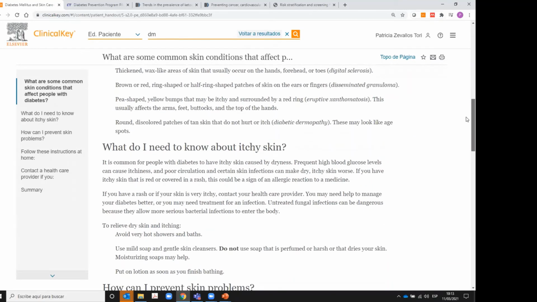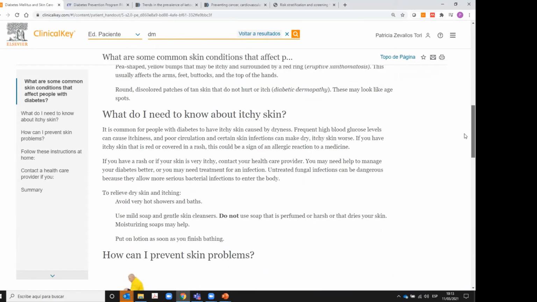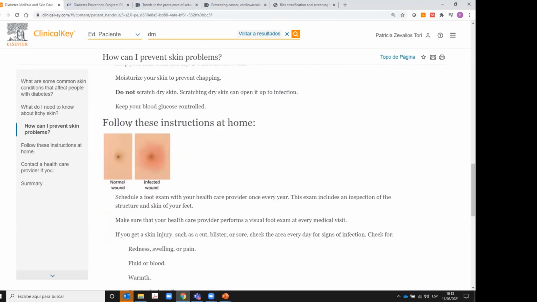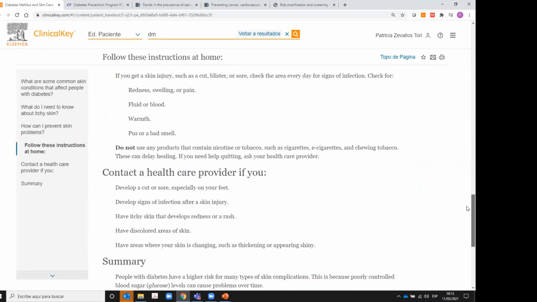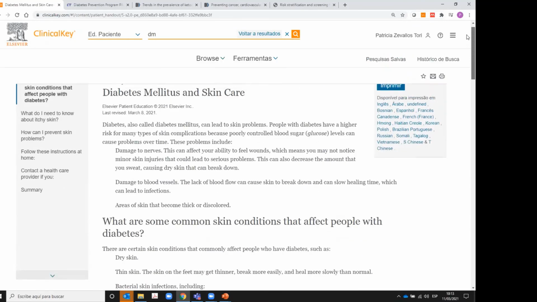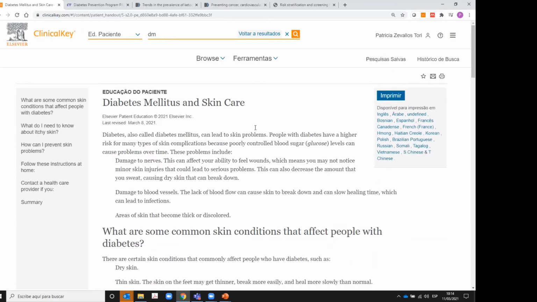For example, what do I need to know about skin? How can I prevent skin problems? Follow these instructions at home. What is a normal wound and what is an infected wound, and this information about the contact, and everything. As I said, this is updated. We just updated this patient education information some days ago, 3 days ago, not only in English, it's